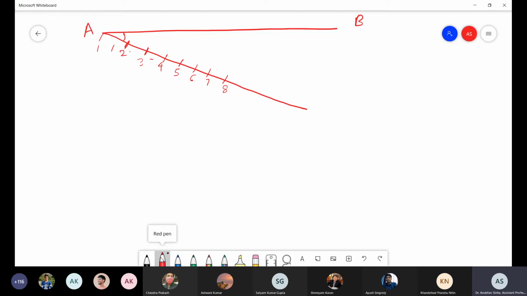Okay, let us say I want to divide AB in 8, or let us say 10 equal parts. 9, 10. Now what I'll do is I'll join this point 10 to B. This will be a straight line. Okay, I've not drawn it very nicely, but it has to be straight. You use a scale. Now the next line that I'll draw will be parallel to the first line. So whatever parallel lines you draw, it will divide this line in the same ratio as that line.